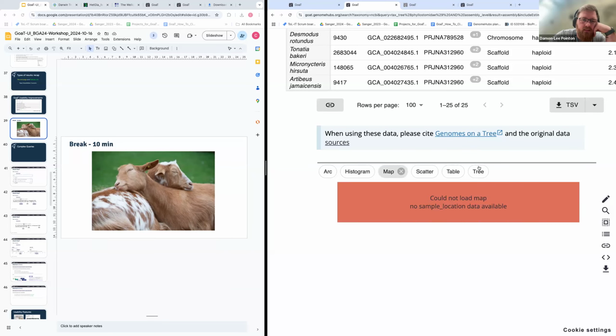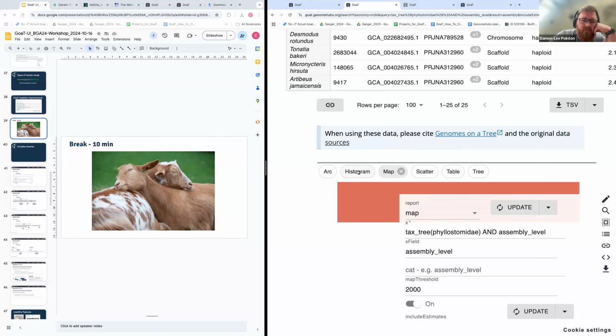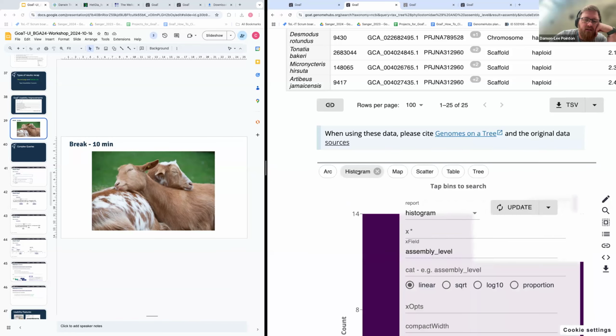Okay, that was something else I was going to ask later on as well, whether or not you have accessory scripts, so I can do a query and then get some basic statistics to cover the whole thing, like how many have a scaffold and stuff like that. But it's built in. We have a few types of reports that you can use, but they're the most common ways that people look at data for summaries. So ideally, you just download the TSV and go plot or process the data.